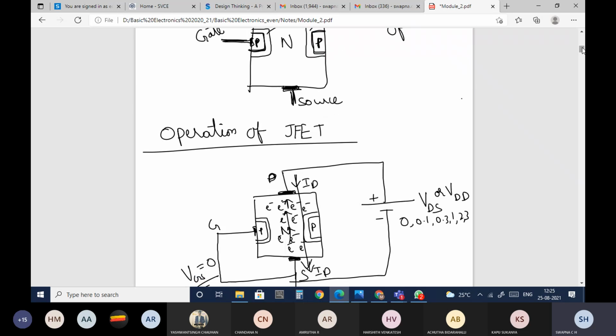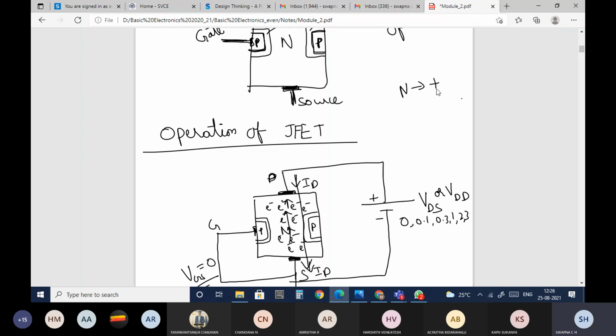So come back here, and if you observe, N is connected to positive and P is connected to negative. Indirectly P is connected to negative. What happens here? Will it be forward biased or reverse biased?